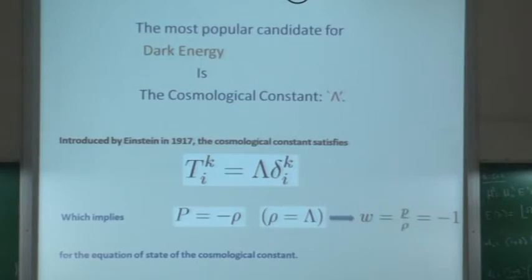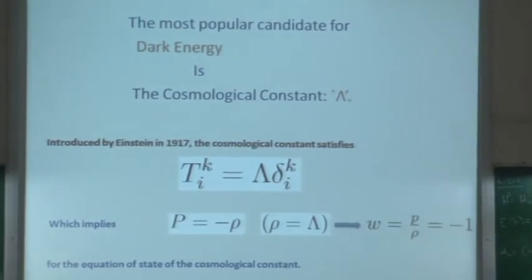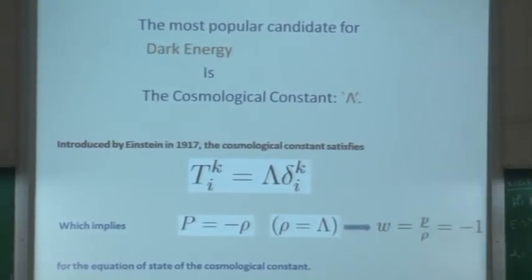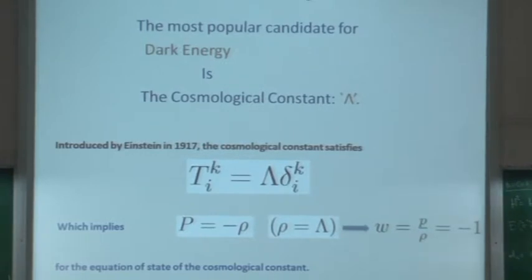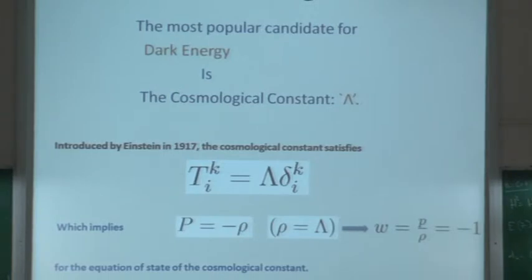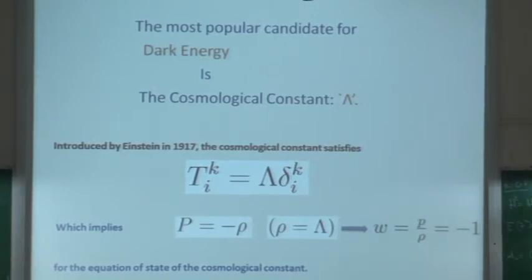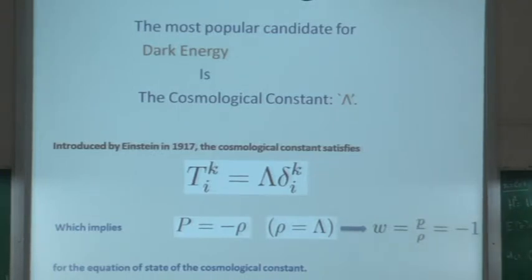But later on, De Sitter and other people showed that when you put in the cosmological constant, the static universe solution that they got is a very unstable solution. If you just perturb the solution a little, the universe will actually start accelerating. So the static universe is not a solution with the cosmological constant. Actually, with the cosmological constant, the universe expands, and not only that, it expands exponentially. Right? So that was a sort of problem with the way Einstein introduced the cosmological constant, but the cosmological constant remains very much the same.